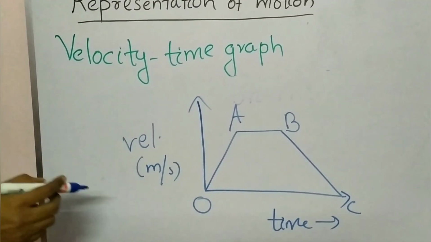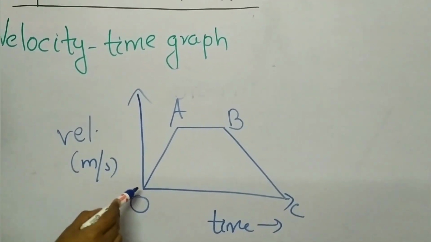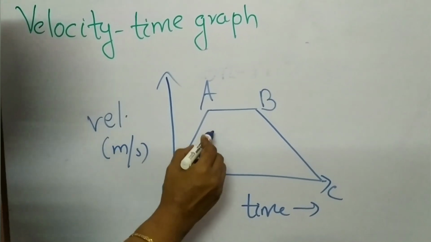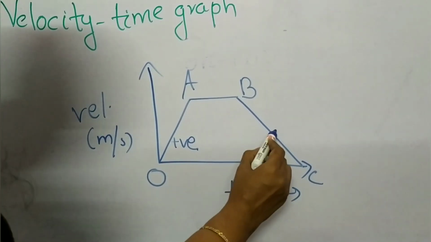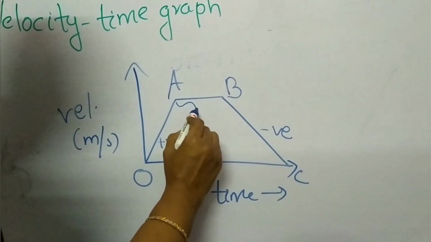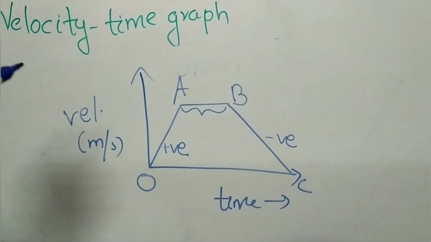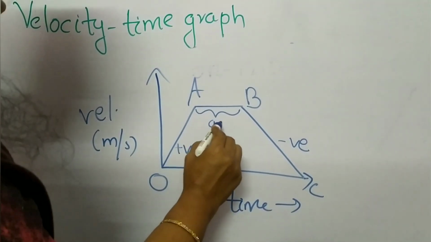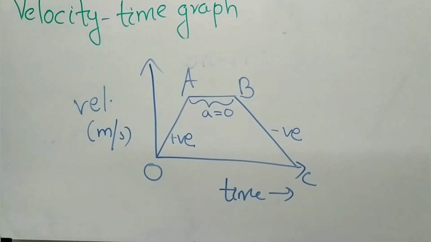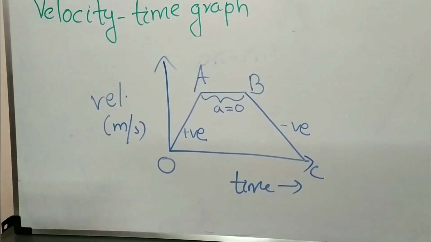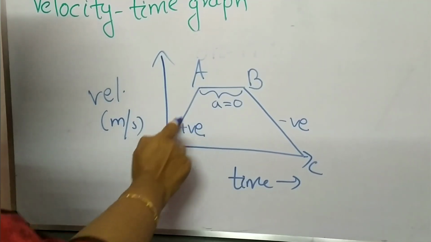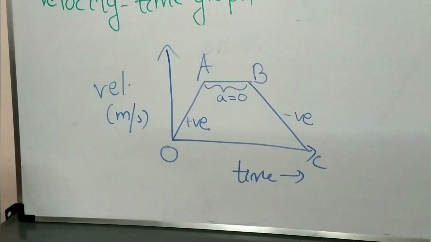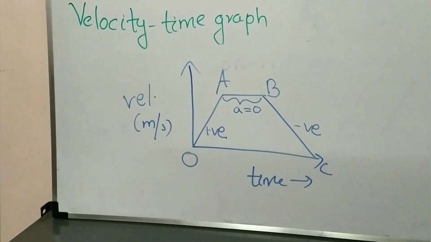Children, here you can see another velocity time graph. Here you can see OA, this part gives you positive acceleration. Then this also, you know BC, gives you negative acceleration. Then what does this mean? AB, here the velocity of that object is not changing, here the acceleration is 0, here also the acceleration is changing, no. So here in the motion of that object, you can see positive acceleration, 0 acceleration, negative acceleration, that is changing here, non-uniformly accelerated motion.